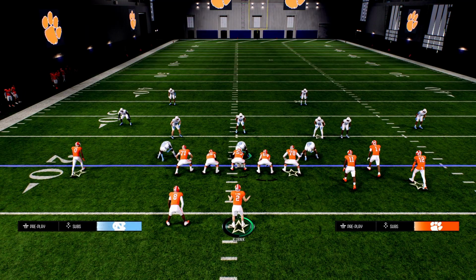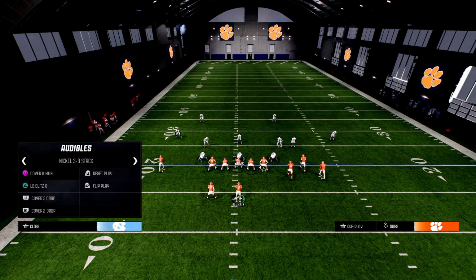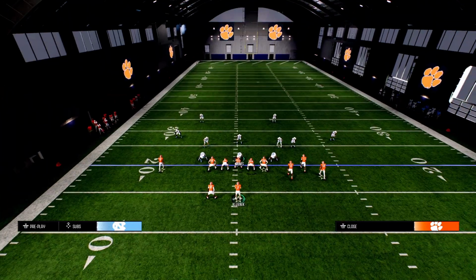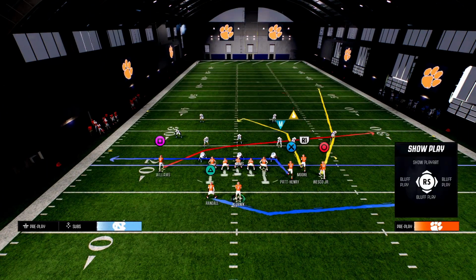So we've been attacking different parts of the field, but really the most important part of the field to be able to attack, and the safest part of the field to be able to attack in bunch, is really the bunch side. So what we're going to do to attack that is we're going to go to this play